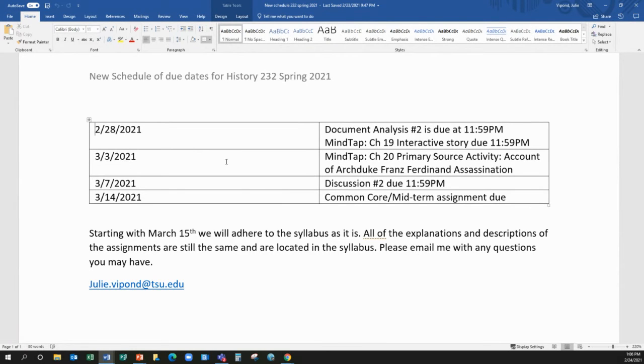I'm going to check into yours specifically because it should be showing up. When I look at the gradebook with everybody's names on it, the majority of them are in there. That column is filled in. So I will definitely go back and check, and if it isn't transferring over, like if you have a grade in MindTap but not in Blackboard, I'll just go ahead and transfer that grade in there for you. But it may be an account issue. For whatever reason, it's not connecting to and importing your grades when you submit them.